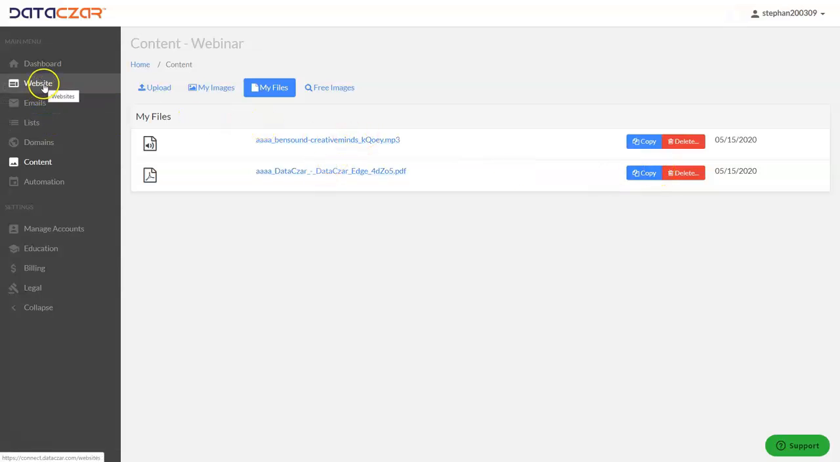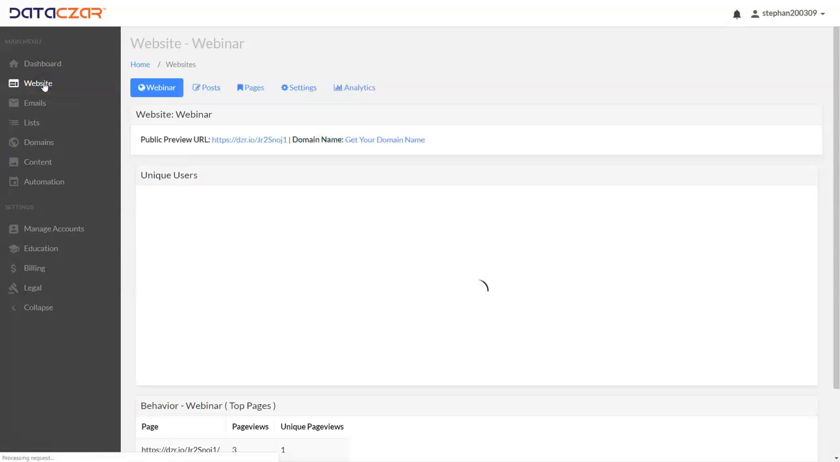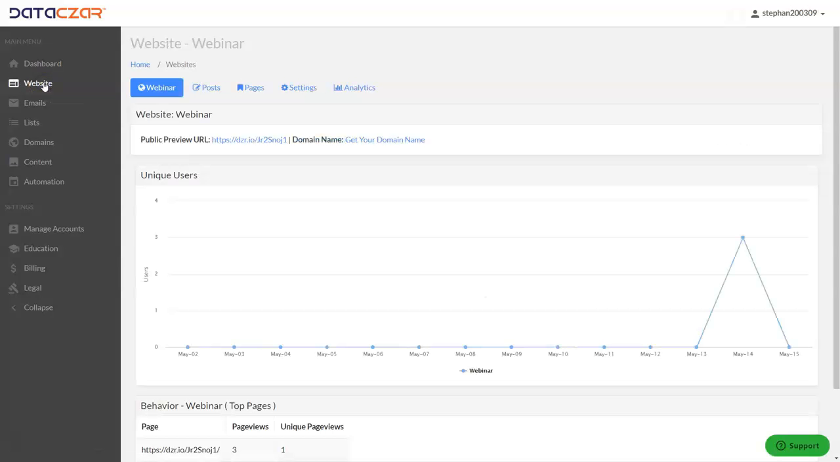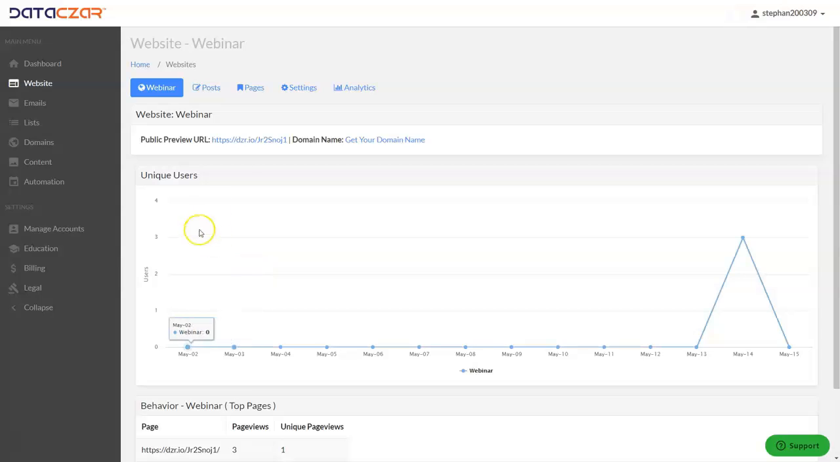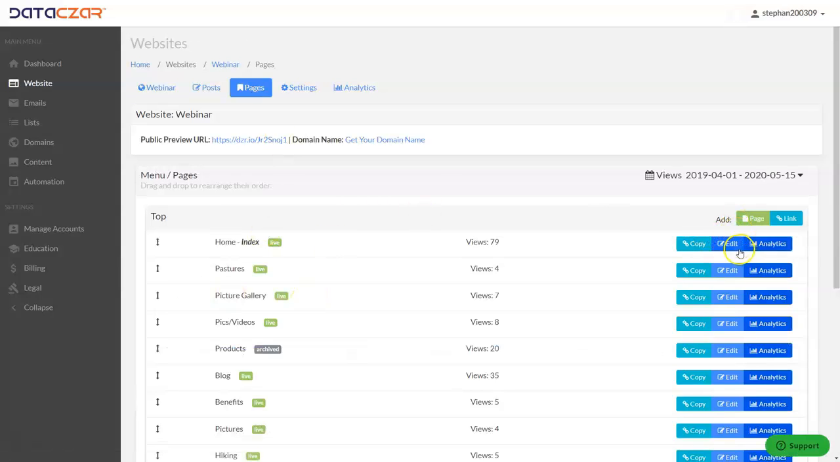Let's go back to the Website button, and real quickly, let's just go over to our AAA outdoor scenes. I preloaded these here, PDF file, MP3 files. We're going to make those clickable. So let's go ahead and go back here, and let's go to Pages, and we're going to edit our home index page, Edit,